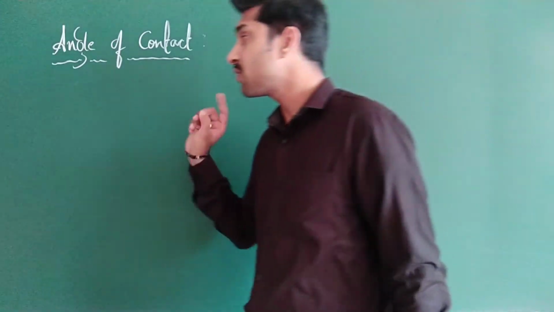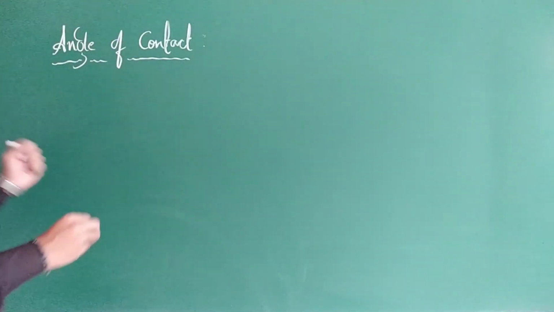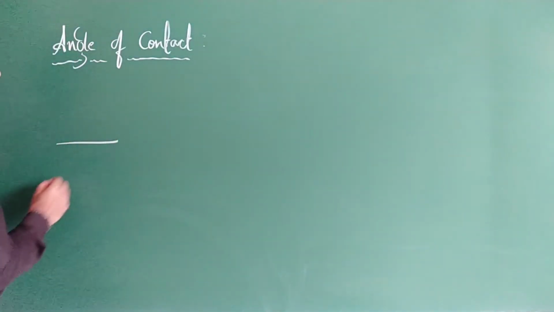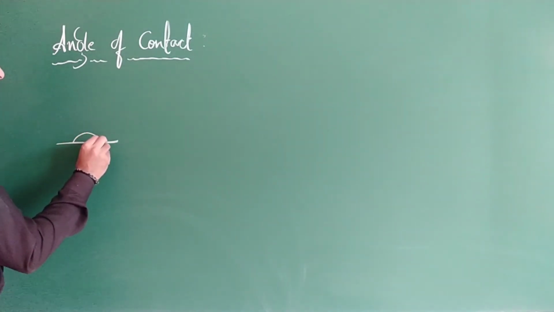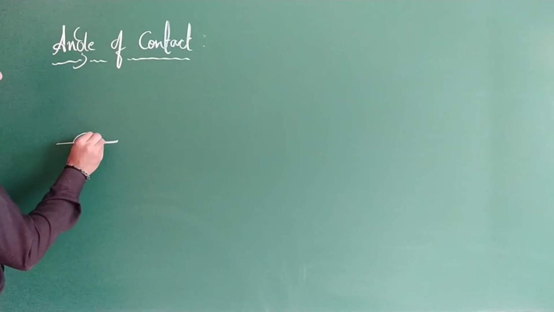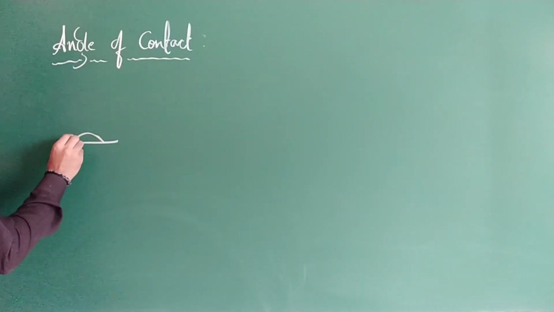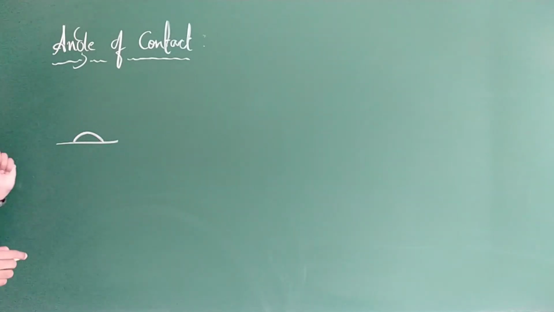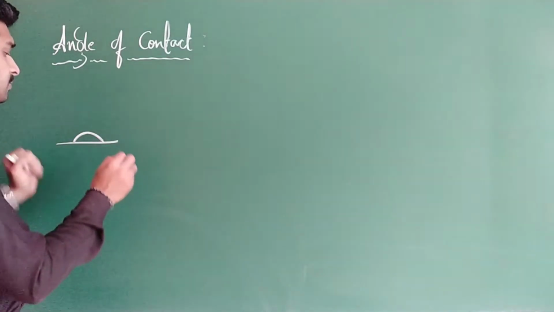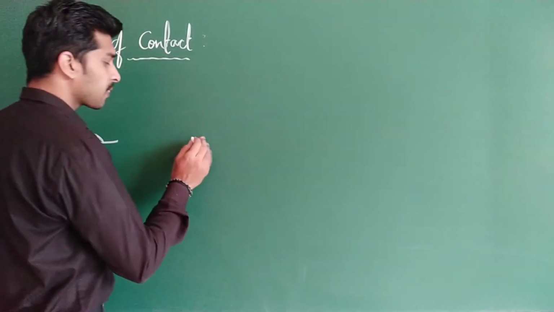Clear? So first of all let me take this simple case where you have a glass plate, and when we put a water drop it forms in this shape. This shape is nothing but what? This is known as meniscus. Meniscus. And listen,